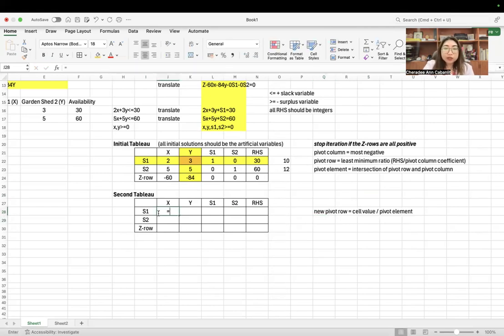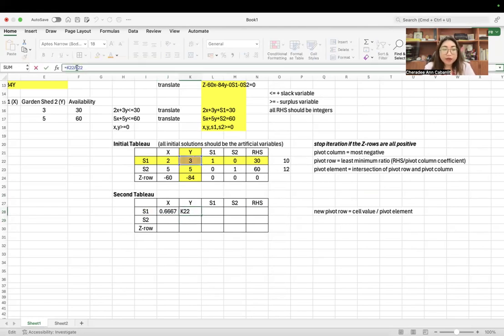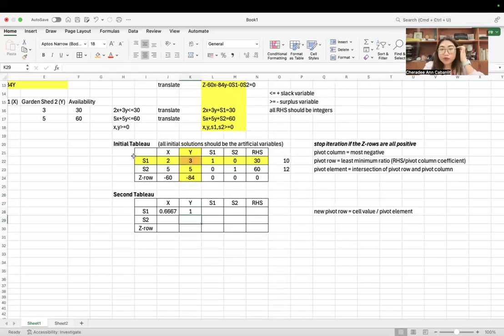So, in short, 2 divided by 3. And then we have 3 divided by itself, and so on and so forth. So we can actually program that into F4. We fix the pivot element so that we can just drag the values. Obviously, your minimum ratio there should also be the right-hand side in the second tableau.